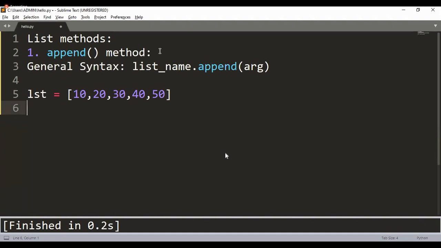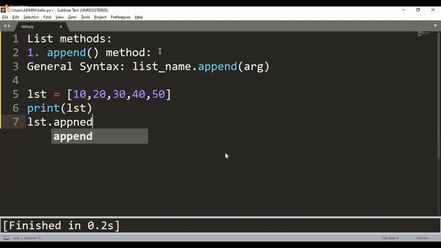Before I append, let me first print the list, after which I would like to append, because I would like to see how my list used to look before I perform the append operation, and how it looks after I perform the append operation. Now, if I do list dot append and tell it the new argument that I want to add, it happens to be 60.